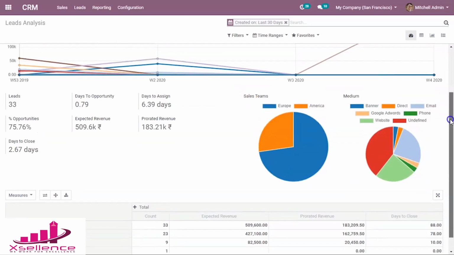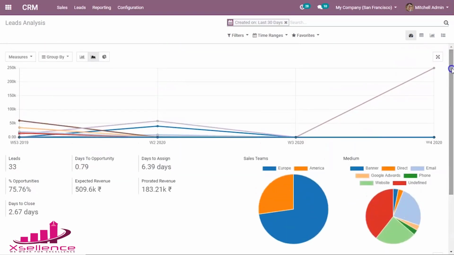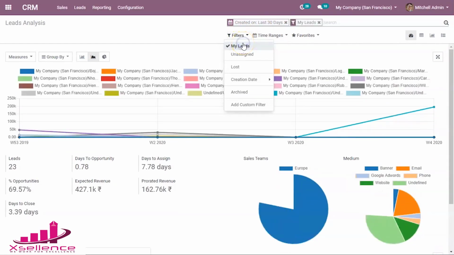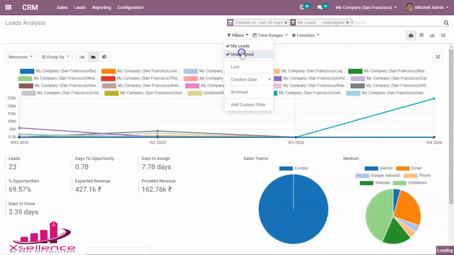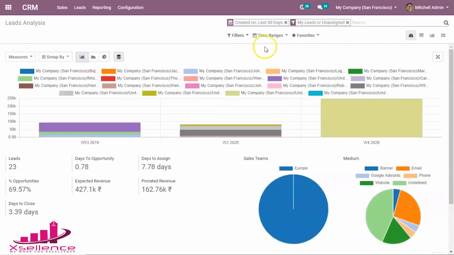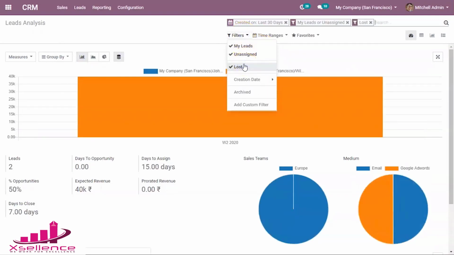And here also you can see different ways, such as by using filters you can see the analysis of your lead, such as according to my lead, then unassigned leads. For better understanding, let's take the bar chart. So the lost leads,